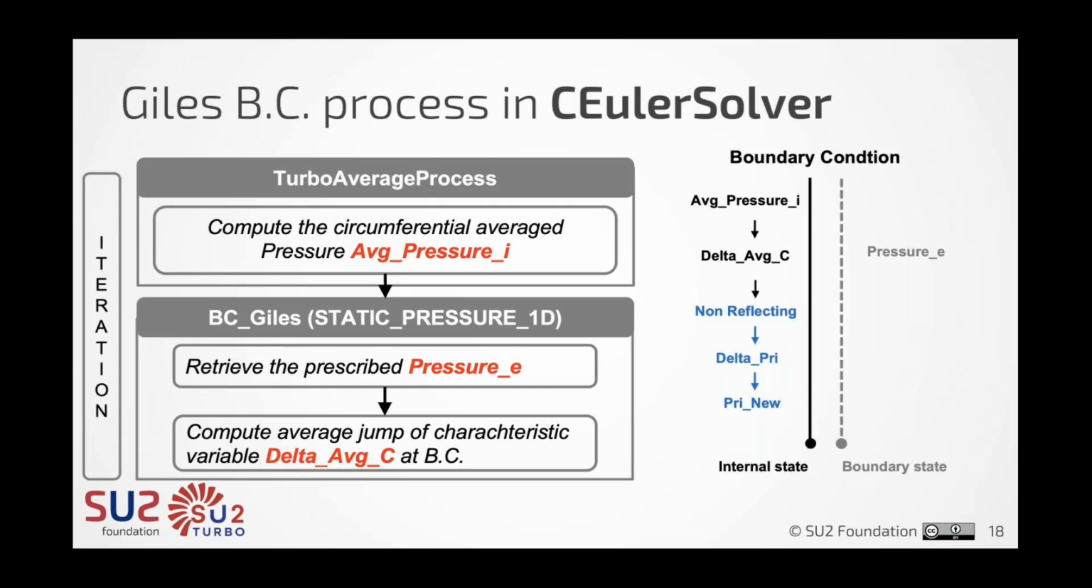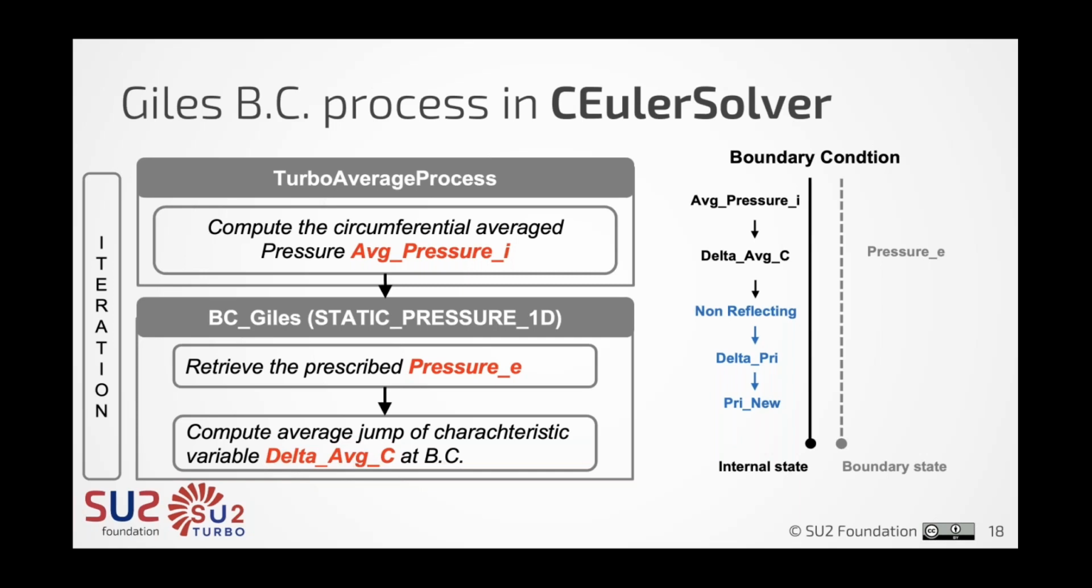Okay, so this is how our Giles process works in the C Euler solver. Firstly, we have a function called turbo average process. In turbo average process, this is the workhorse behind the mixing plane that we talked about earlier, the inflow that we talked about earlier. This is where everything is done. This is where we go along the band and we average all of our quantities. We calculate our average pressure, average density,